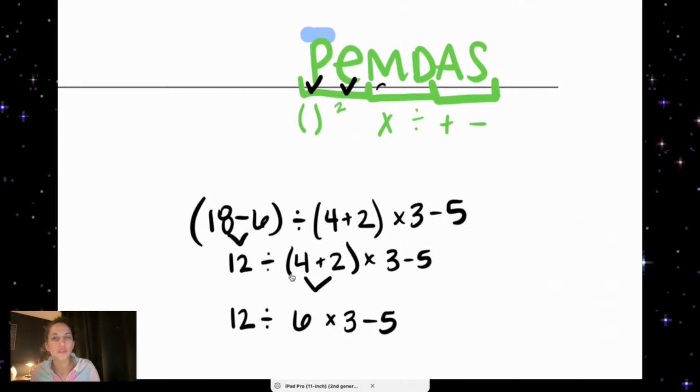A couple of the really common errors that people make in this problem. One really super common